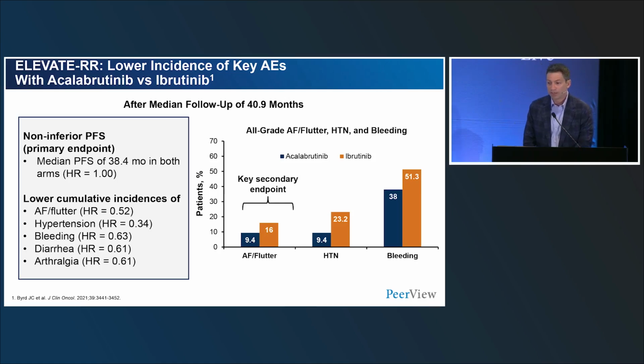So the first of these studies to read out was Elevate-RR, which compared acalabrutinib to ibrutinib head-to-head in a relapsed refractory CLL population that was enriched for patients with high genetic risk CLL. And the median number of prior lines of therapy was 2 on this study. This was a non-inferiority design, and the median PFS was 38.4 months in both arms,